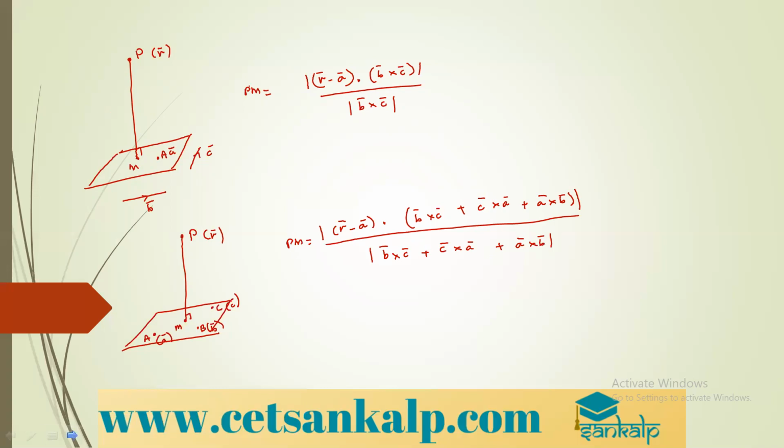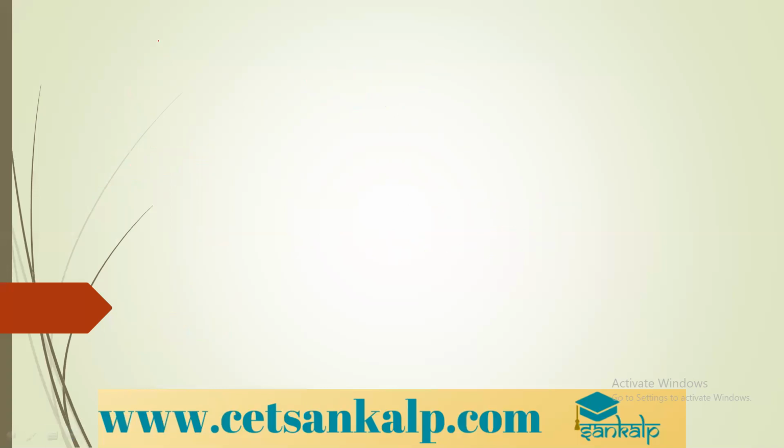So these all are about double vectors. But now we will be dealing with triple vectors. So we will be learning the scalar triple product of three vectors. It is given as A cross B dot C. And in short, it is represented as vector A, vector B, vector C in a box. It is called box ABC, which is also equal to box BCA, which is also equal to box CAB.